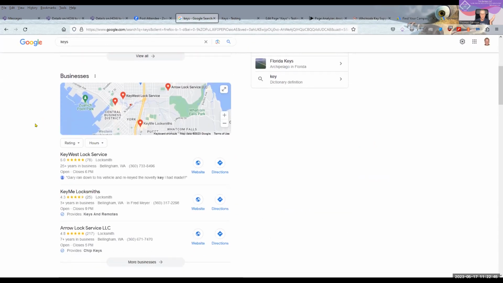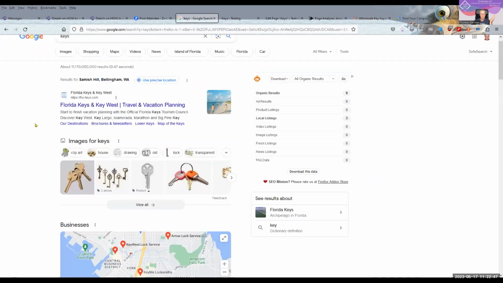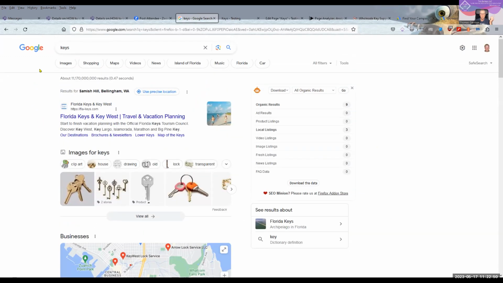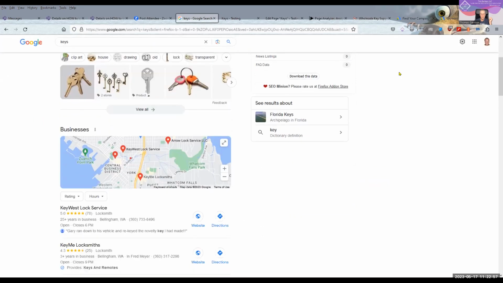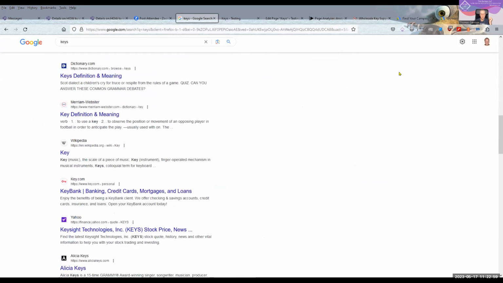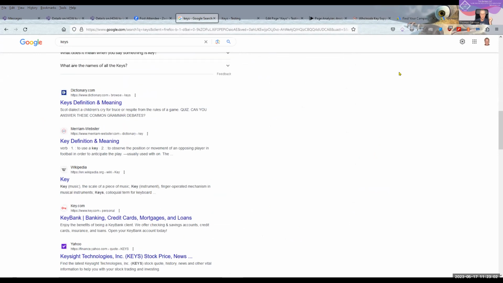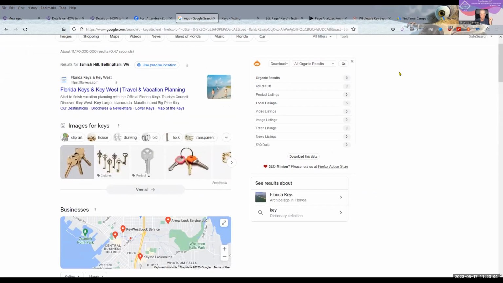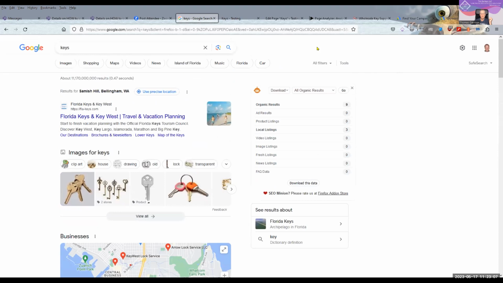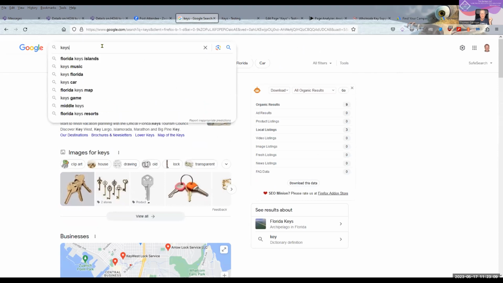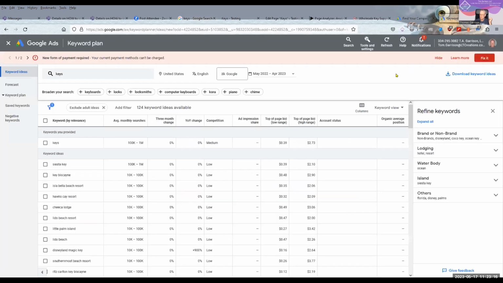Now, I can see also that I'm getting results because Google has refused to acknowledge that I've been saying you may not know where I live. They figured it out and they're giving me key results in my area. And none of them are in the area except for the ads. So anyhow, keys are not necessarily a great term. So even though that many people search for it, what kind of results do they get? You need to make sure that you have an alternative.